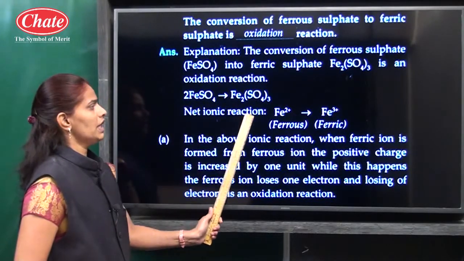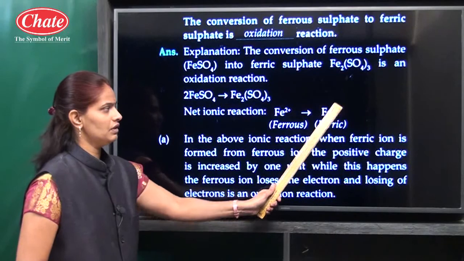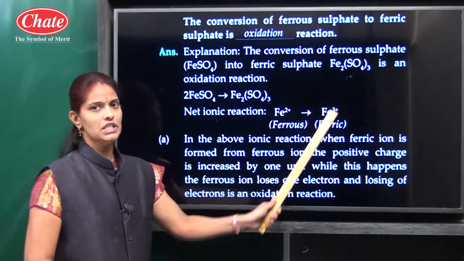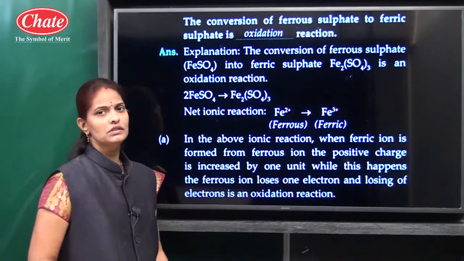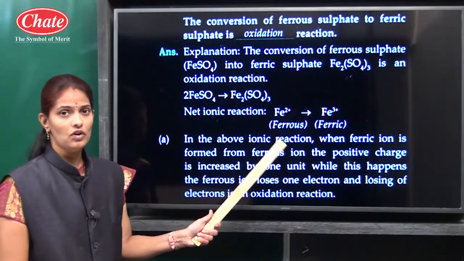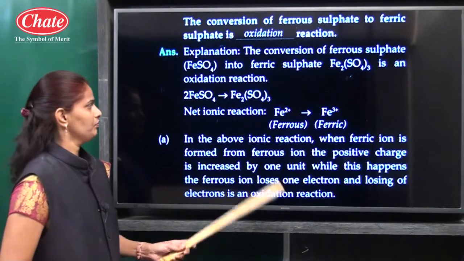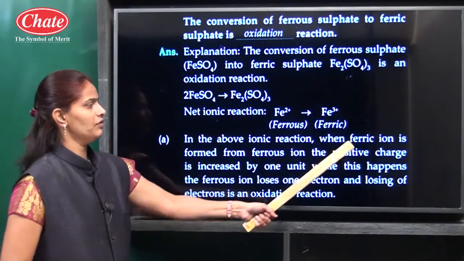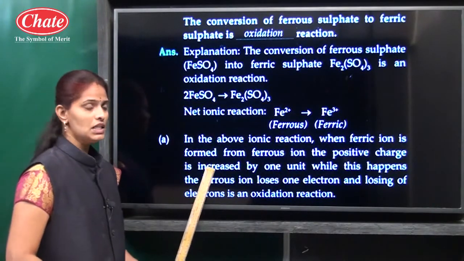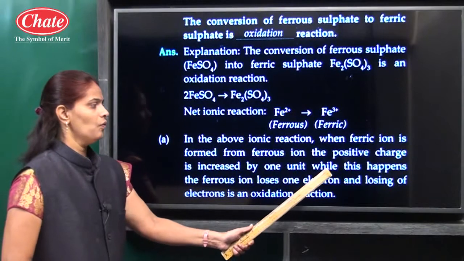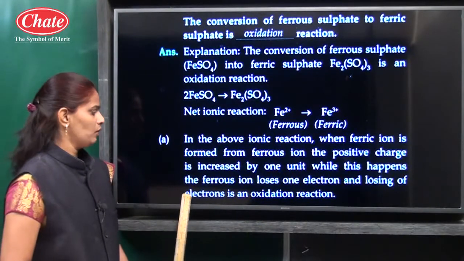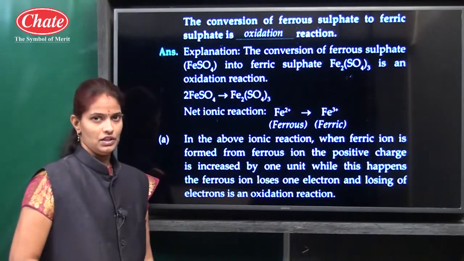So the net ionic reaction is Fe2+ gives Fe3+. The ferrous oxidation state is +2 and the ferric oxidation state is +3. It is increased by 1. When the oxidation state increases, those reactions are called oxidation reactions. In the above ionic reaction, when a ferric ion is formed from a ferrous ion, the positive charge is increased by 1 unit. While this happens, the ferrous ion loses 1 electron, and losing of an electron is an oxidation reaction. Okay,